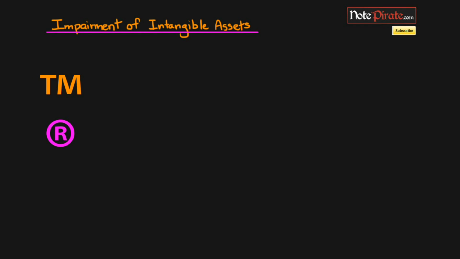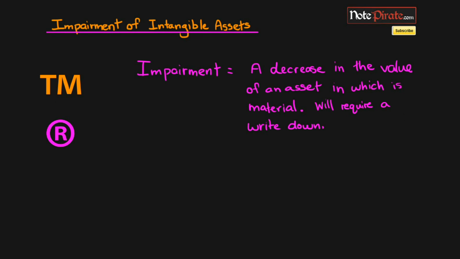Impairment is a completely new topic that I've yet to go over, and I could have brought it up during our property, plant, and equipment tutorial. However, I figured that intangible assets would be the best time to introduce this concept. On the left-hand side, I have the symbol of an unregistered trademark, and below it the symbol for a registered trademark, because we're going to figure out what to do with an impaired trademark in our second example. But before we go on and work with that example, let's talk about what